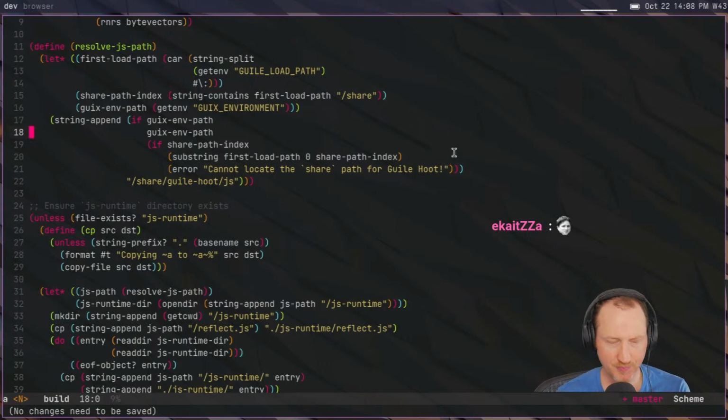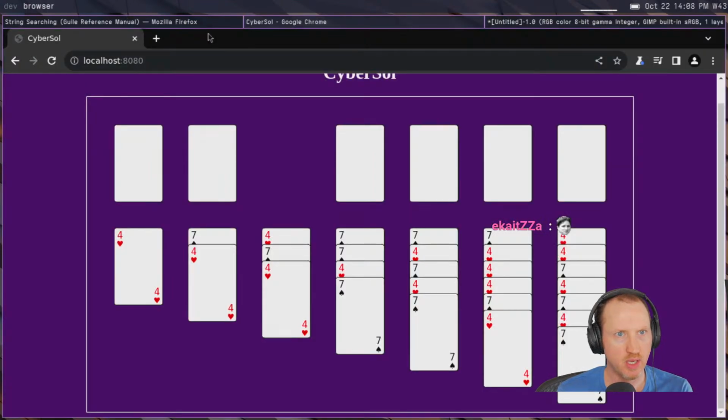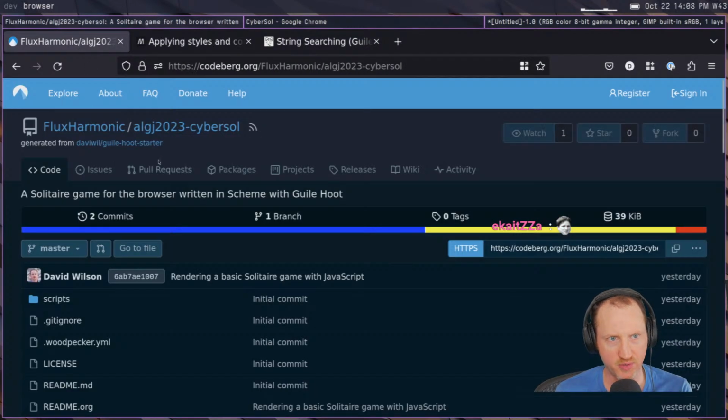So the thing I was working on right before we started the stream is to fix the auto-publishing of the game on commit. Nice to see you. So what I want to do is on the repo for the game, which is on Codeberg,